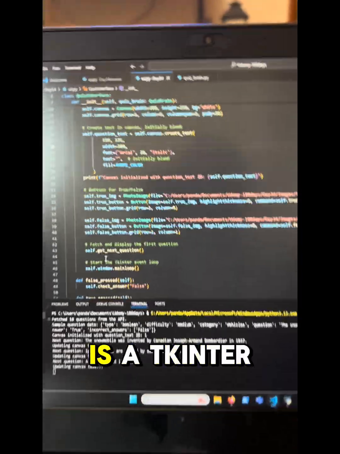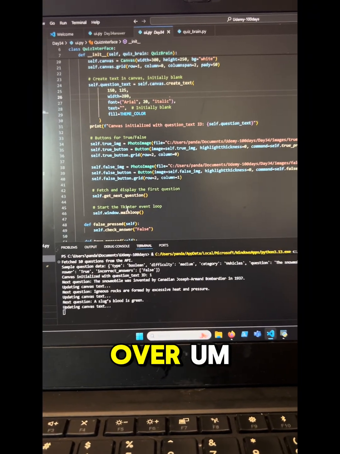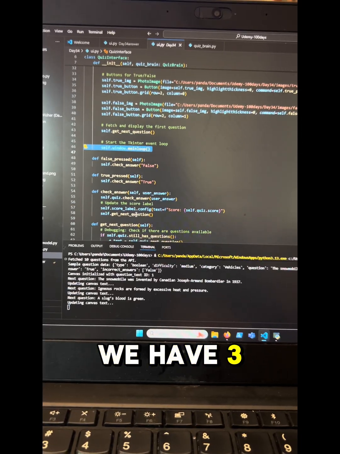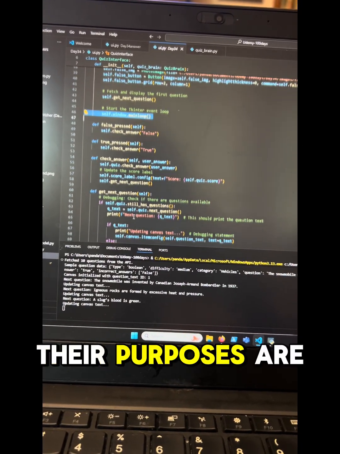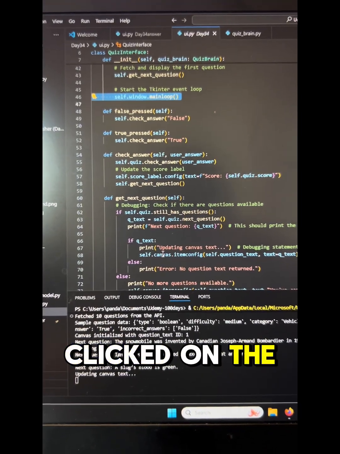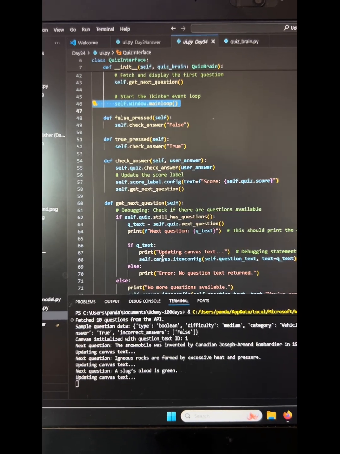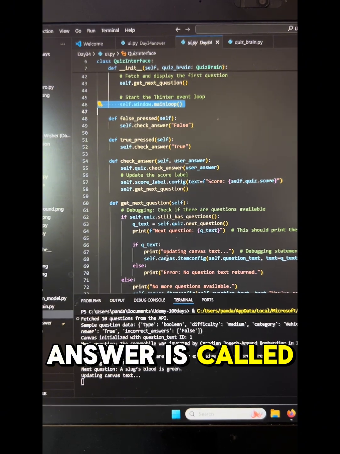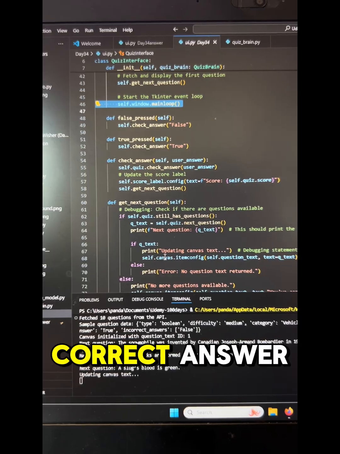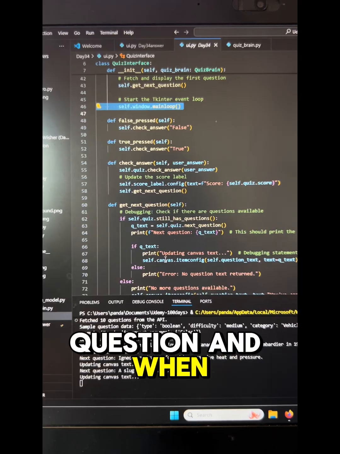So since this is a tkinter, it will need to loop and it will go over the window every couple of seconds. We have 3-4 other functions here. Their purposes are to check to see if you clicked on the false button and it calls check answer. So when check answer is called, it says check the answer, the user's answer, and see if that was the correct answer. If it is, get the next question. And when it is